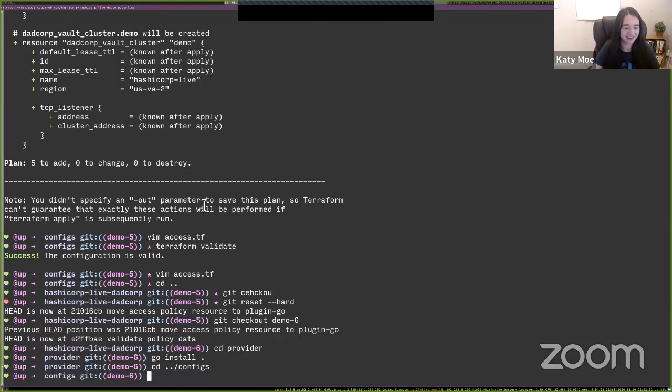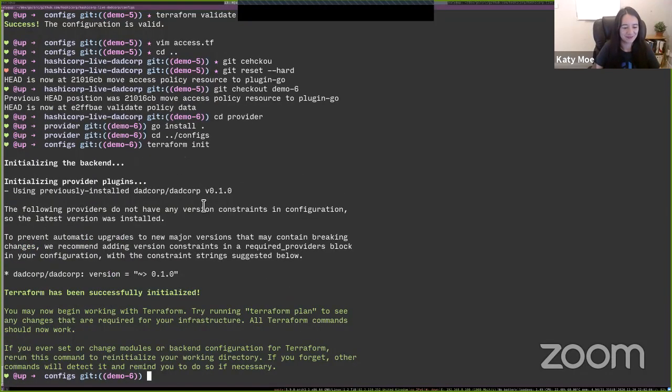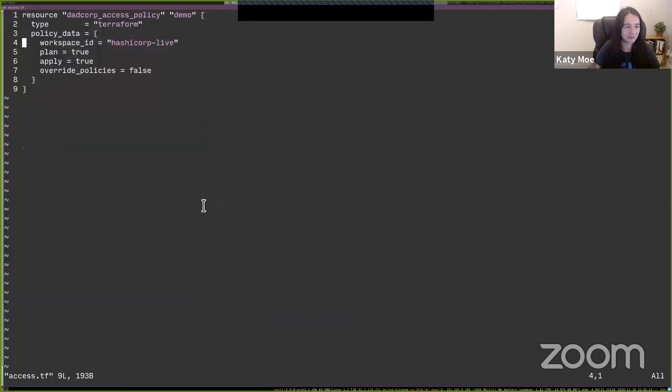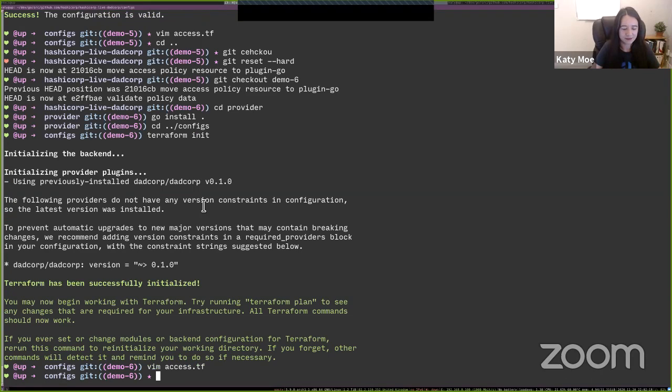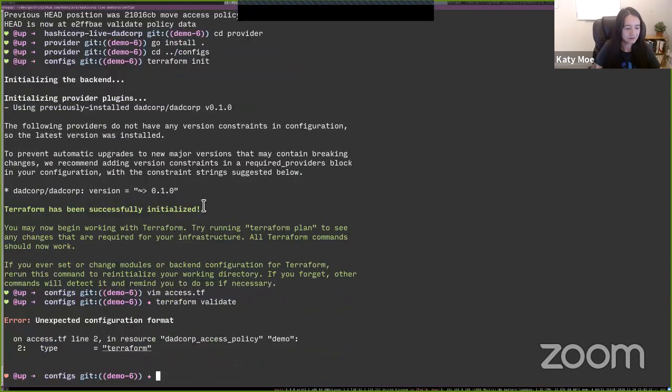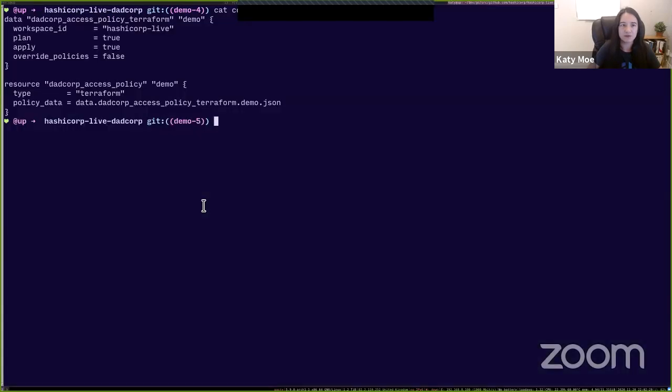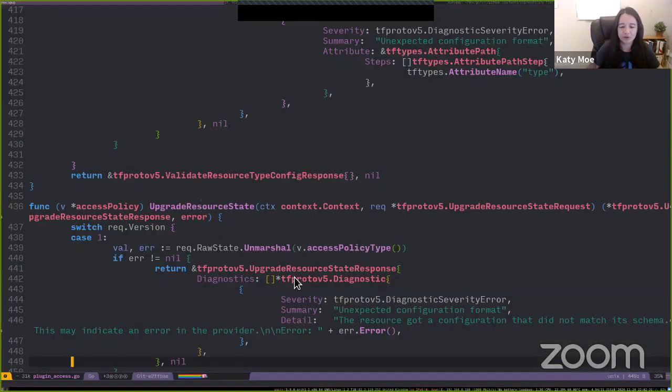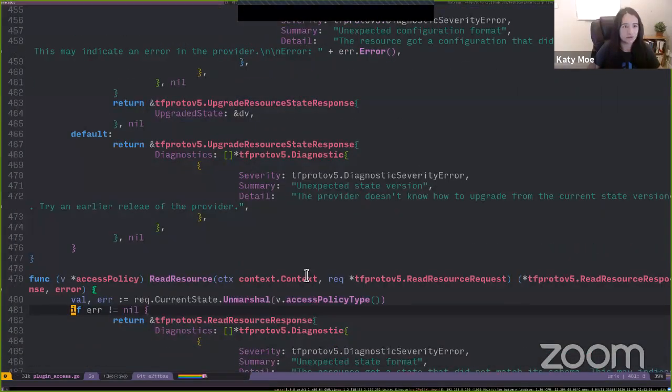Okay, let's try this cycle again. So initializing the new provider. Oh, and now let's go and change the file again because I got rid of all my changes. And now when we validate, the error message is wrong, and that's presumably because I've just not actually told the error message what bit of the config it should highlight.